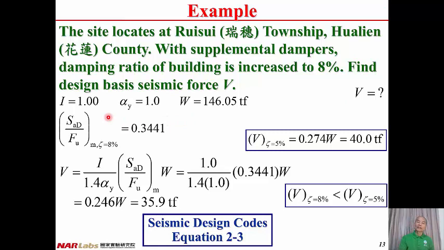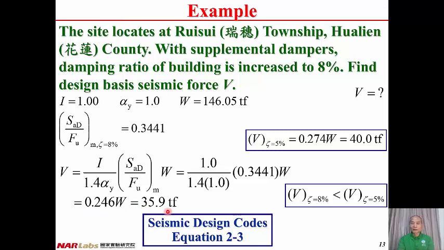So far we have the information about the importance factor I equal to 1.0, and the first yielding amplification factor alpha Y equal to 1.0, and the total weight of the structure equal to 146.05 ton force. And the multiplication of the ratio between SAD and the FU from the previous line equal to 0.3441. Then, according to Seismic Design Code equation 2-3, V, the design basis seismic force equal to I divided by 1.4 alpha Y, I equal to 1.0, alpha Y equal to 1.0, and the modification of the ratio between SAD and FU equal to 0.3441, and then times W equal to 0.246W